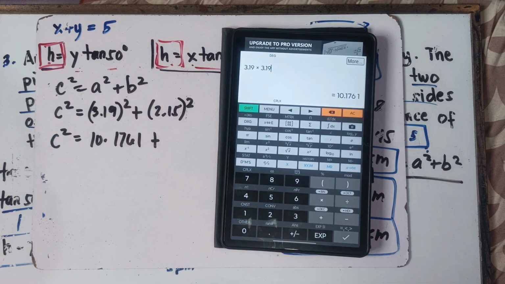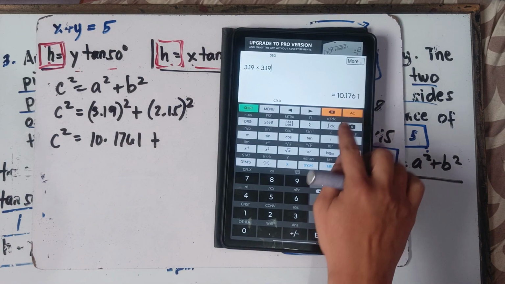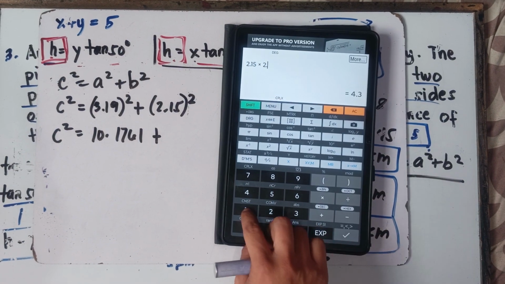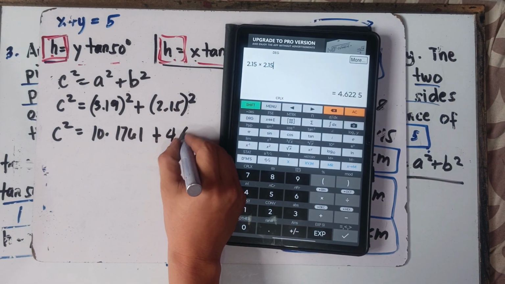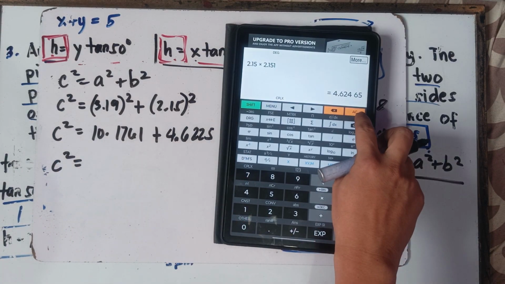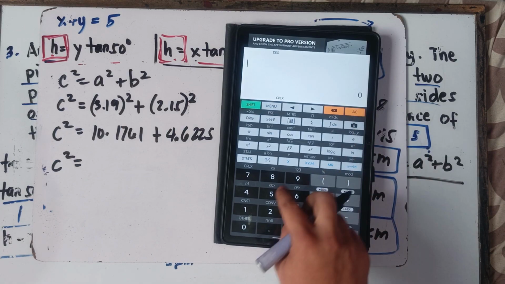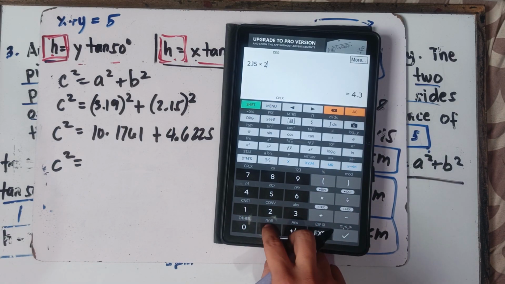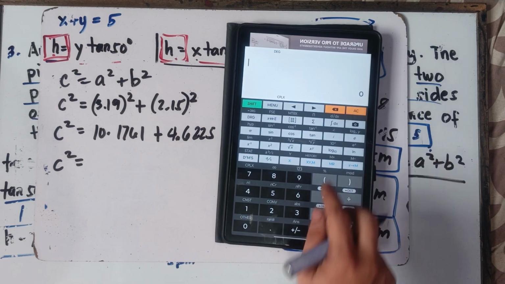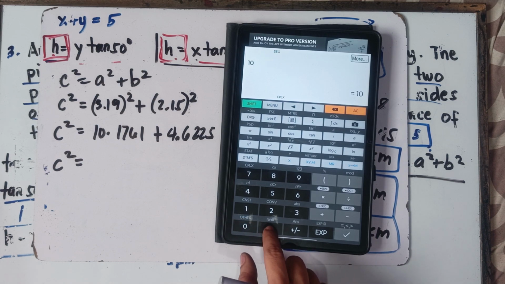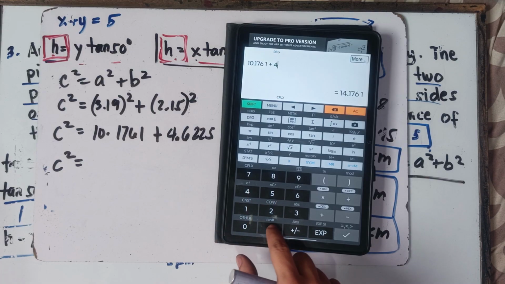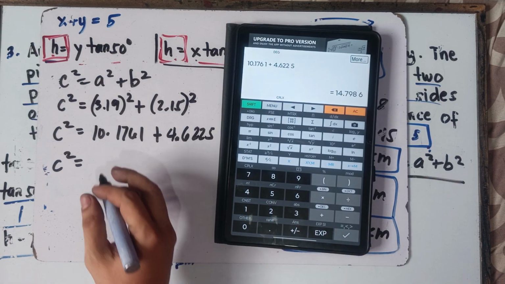10.1761 plus 2.15 times 2.15. The answer, class, is 4.6225. Oh, sorry, 2.15 times 2.15. The answer, class, is 4.6225. That's correct. Alright, and then simply add this one. 10.1761 plus 4.6225 is equal to